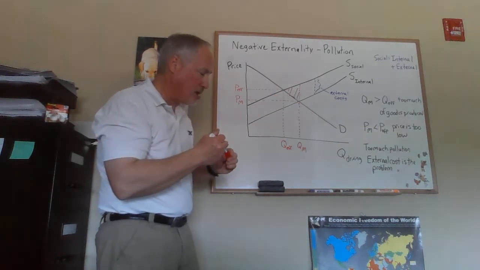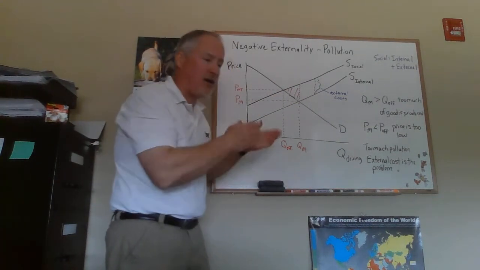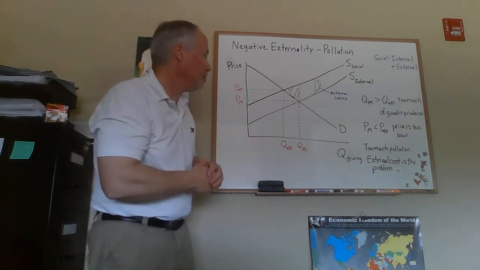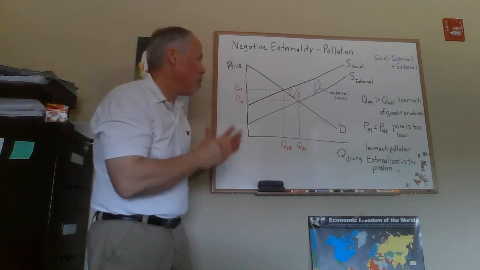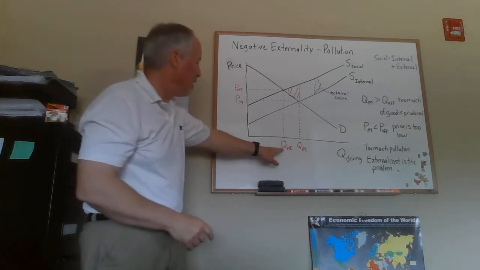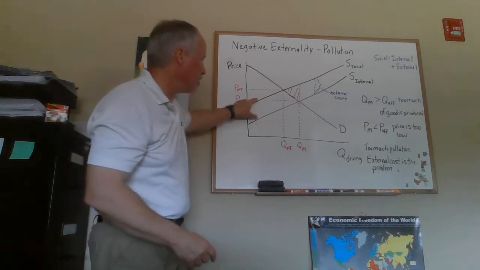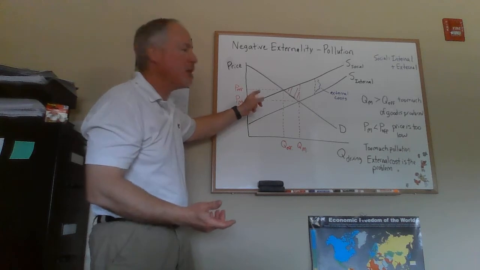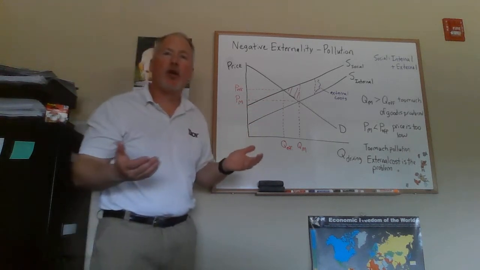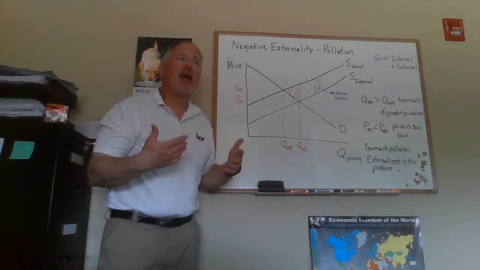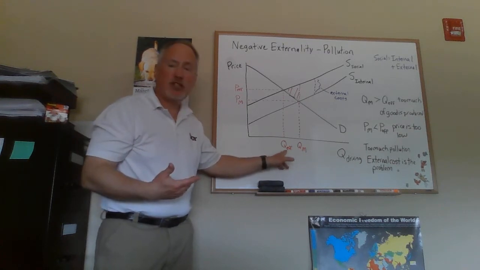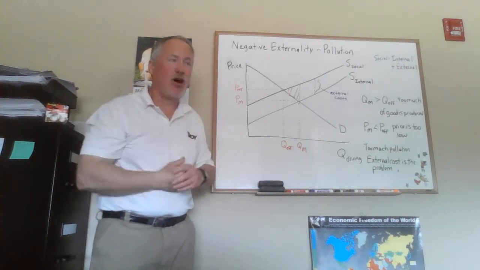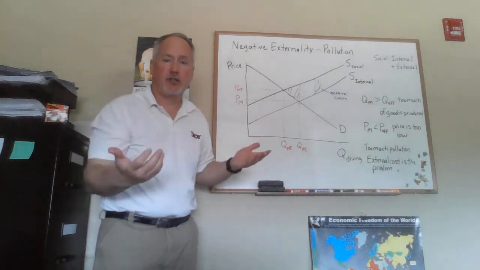So we have a deadweight loss, just as we saw with a tax, just as we saw with a price ceiling or price floor. At the efficient quantity here, you can see there's still some of what we call external costs. So another way of looking at that is, with efficiency in the market, the quantity of pollution, the quantity of exhaust put into the air, is not going to be zero.